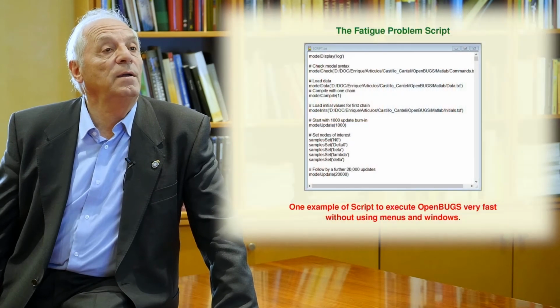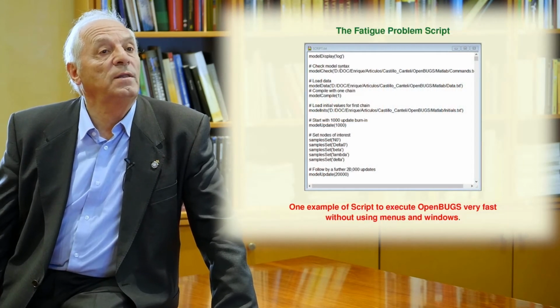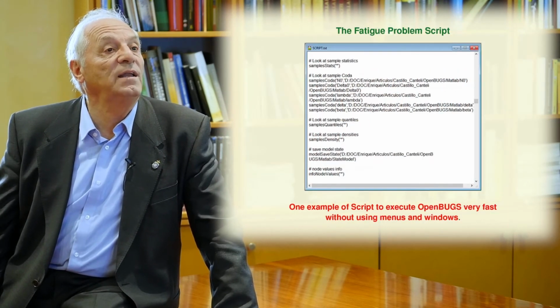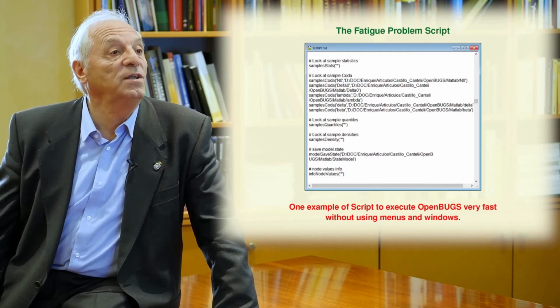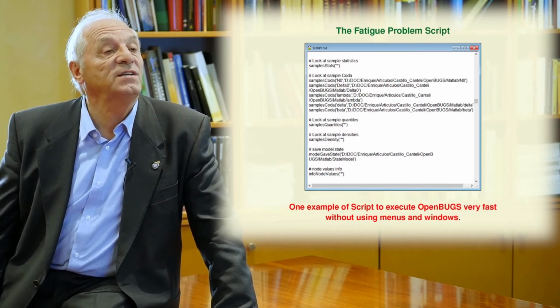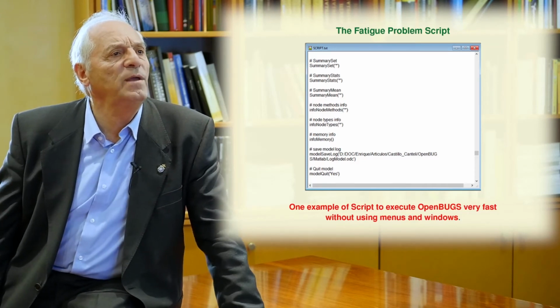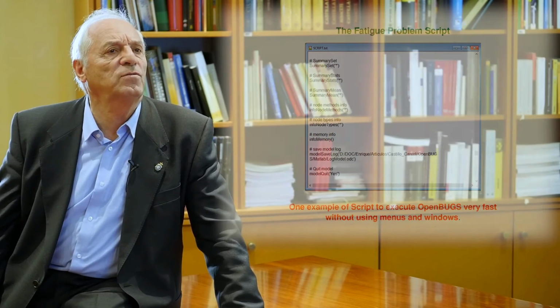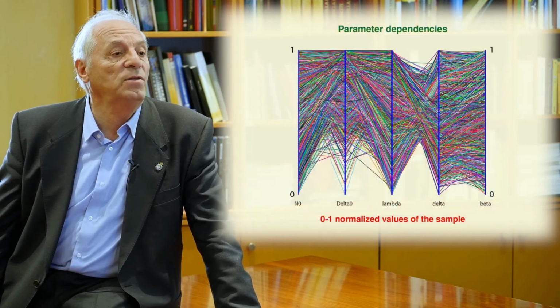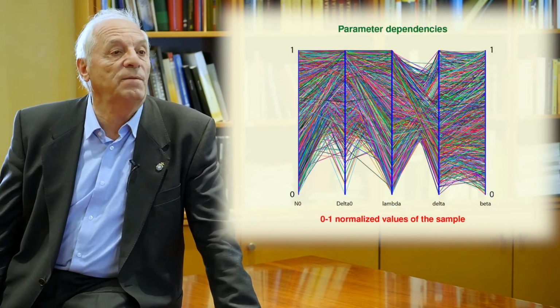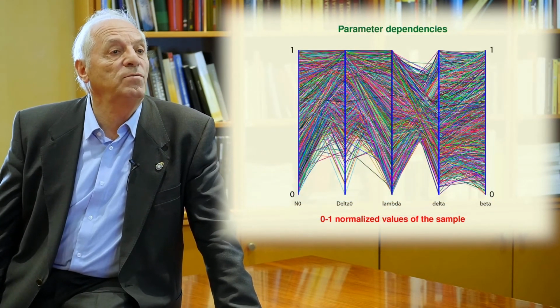You can use MATLAB to write automatically the scripts necessary to run this model, so you just need to execute the script and everything will be done automatically, and you save a lot of time. And this is a plot of 0-1 normalized values of the sample plot to see the relation between the different variables. We have used this